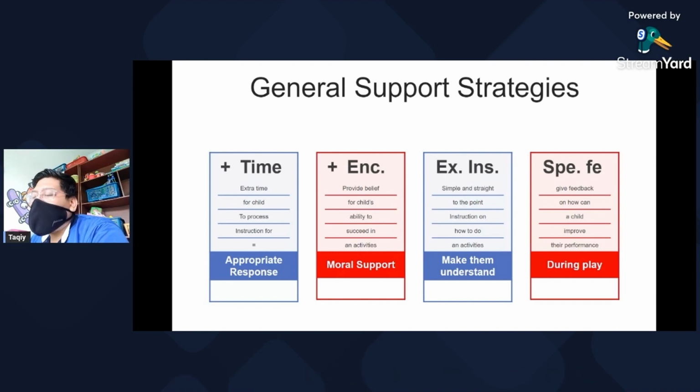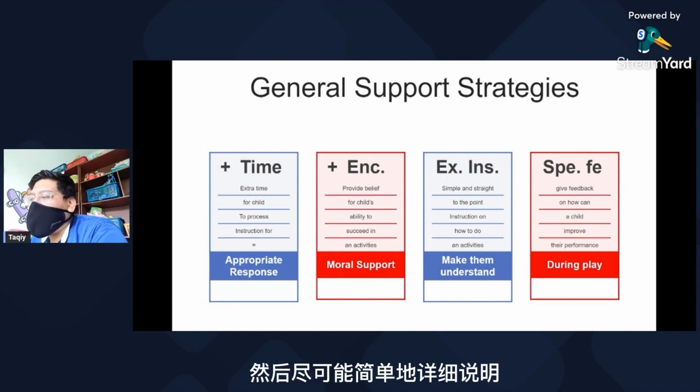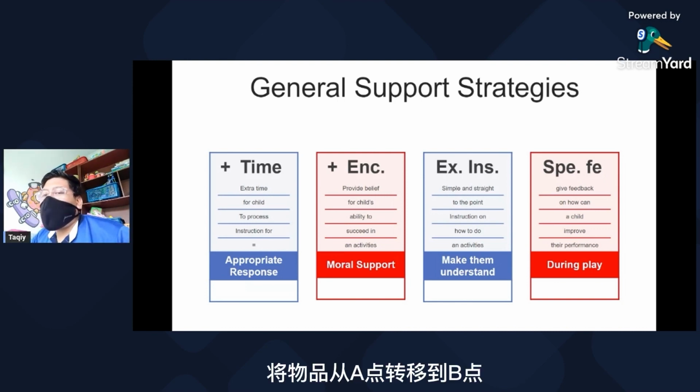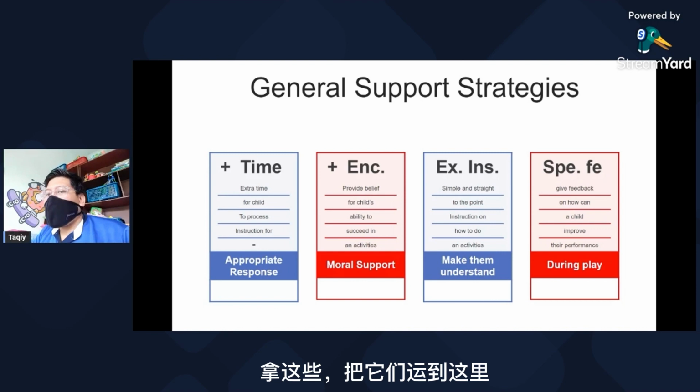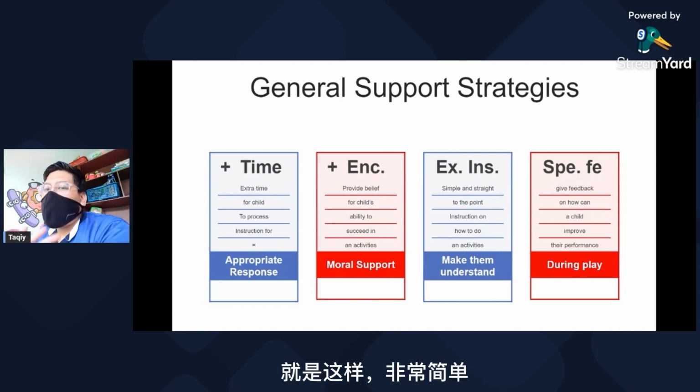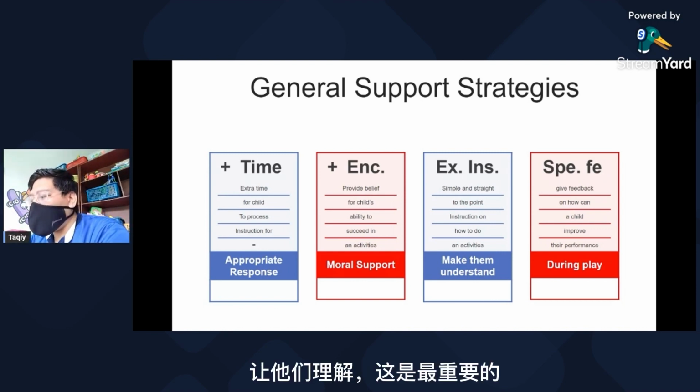Focus on the first step and then just elaborate as simply as possible. Let's say the activity is to transfer the item from point A to point B by moving through several stages. Instead of saying that, just say, okay, child, take this, carry it over here. Yeah, just like that. Very simple, to make them understand. That is the most important one.